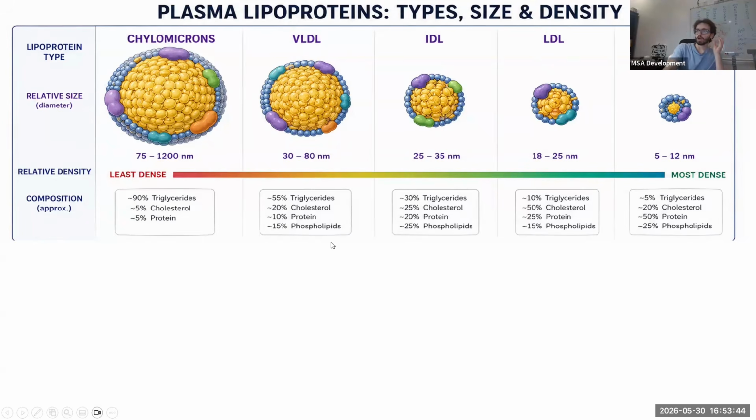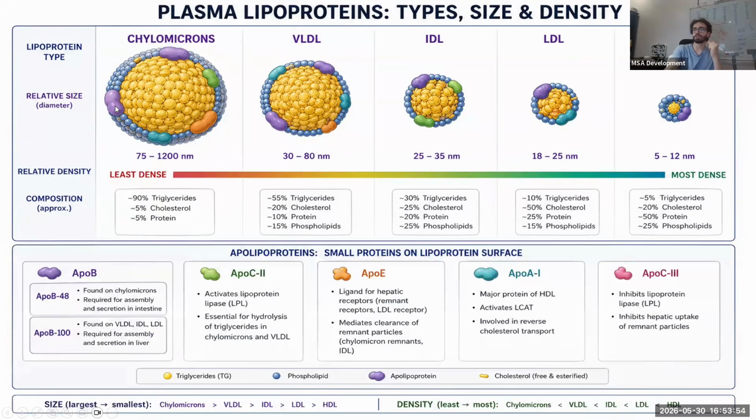Okay. I want you guys to know that lipoproteins are not just lipids and proteins. Well, we talked about the lipids. What about the proteins? These are the proteins. There are 5 different types of apolipoproteins, the proteins that are found on the lipoprotein surface. 5 types, you need to know them, you need to memorize them. We will talk about them in the slides later, but again, I'm gonna explain them all in this slide to give you a very good basis.